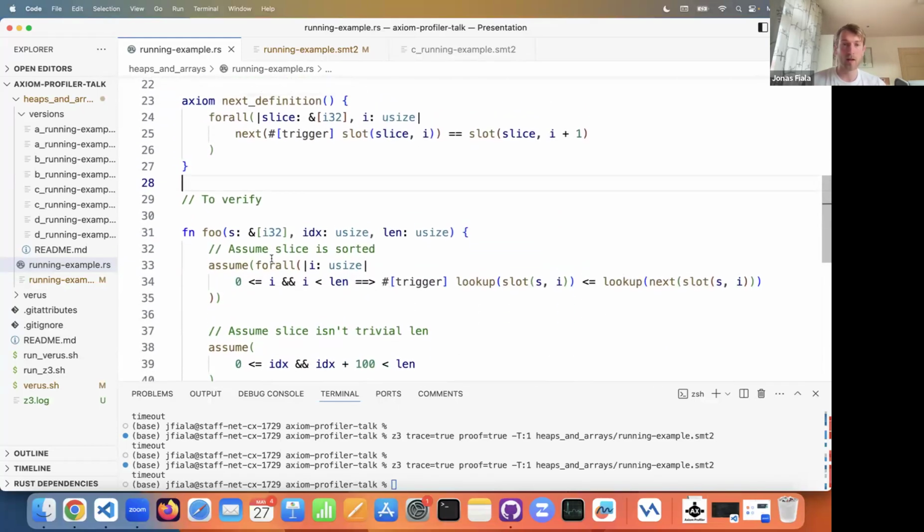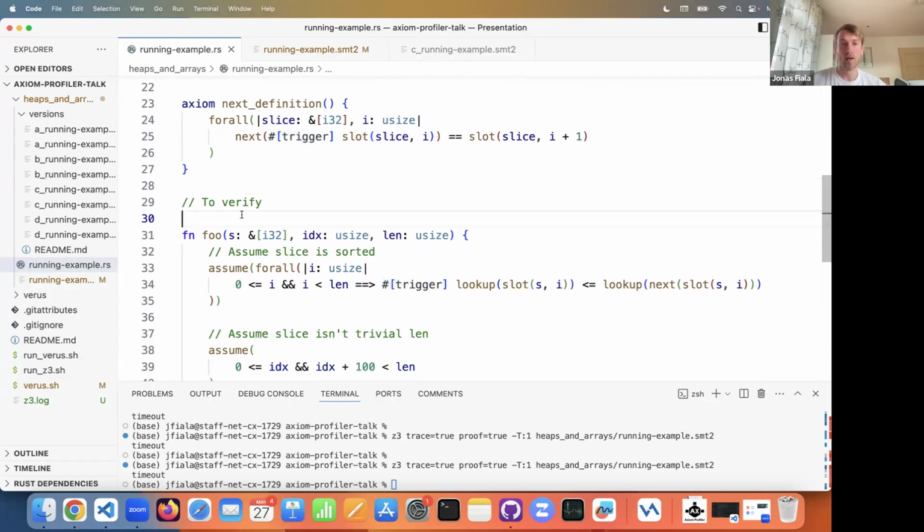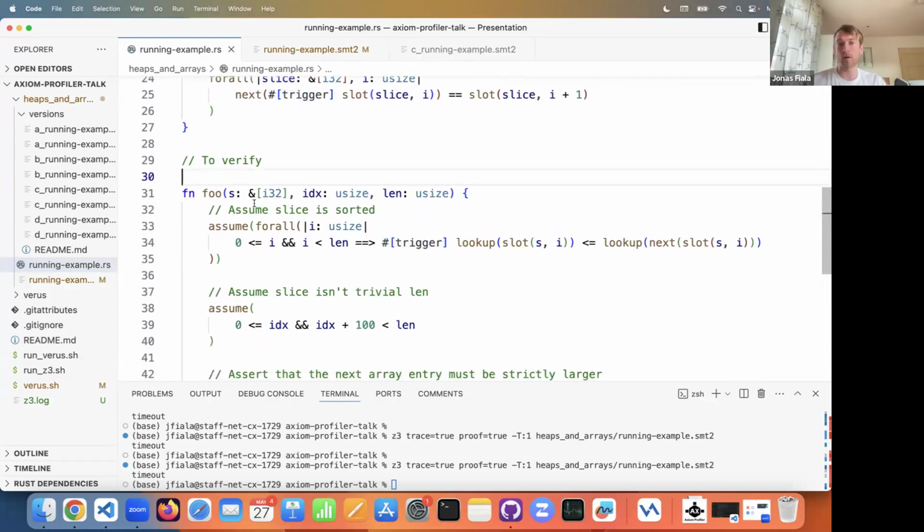So we have this one. And then I also have written here this trigger annotation. We'll get to that a bit later. So this tells the SMT solver how to use this quantifier. And then lastly, I've written some client code here to demonstrate how we might use those functions that we have above,